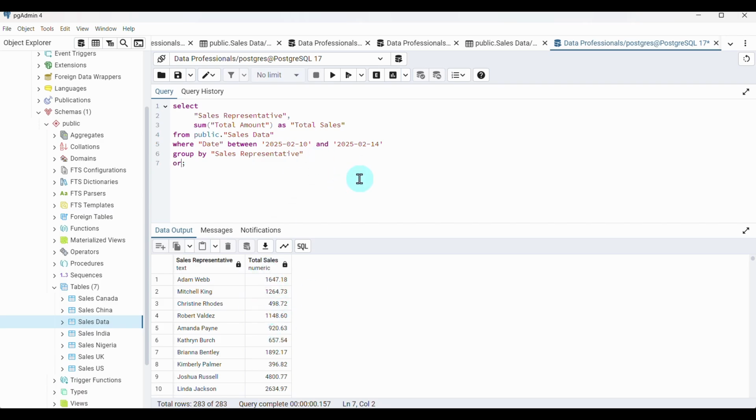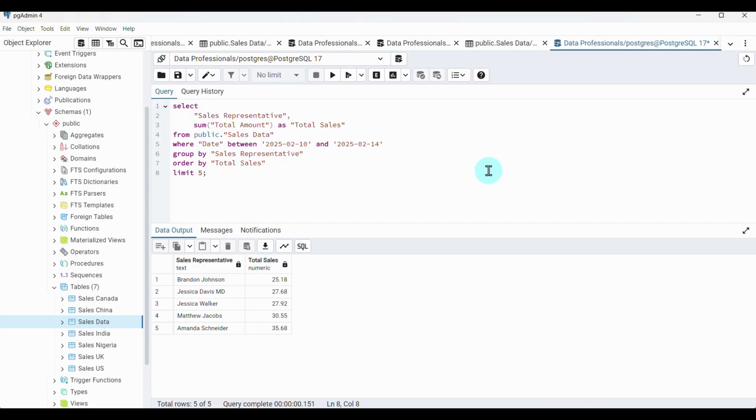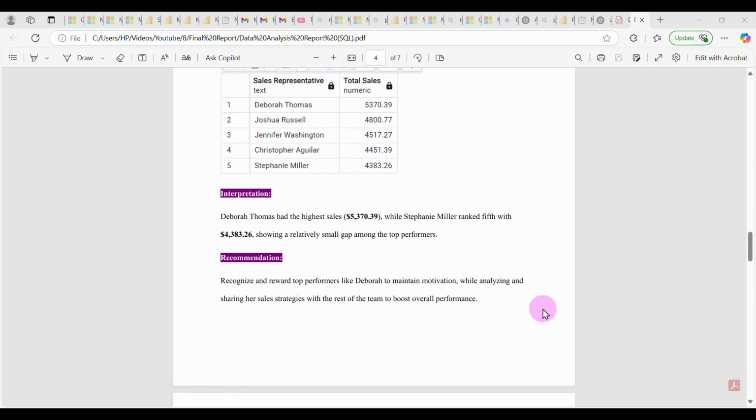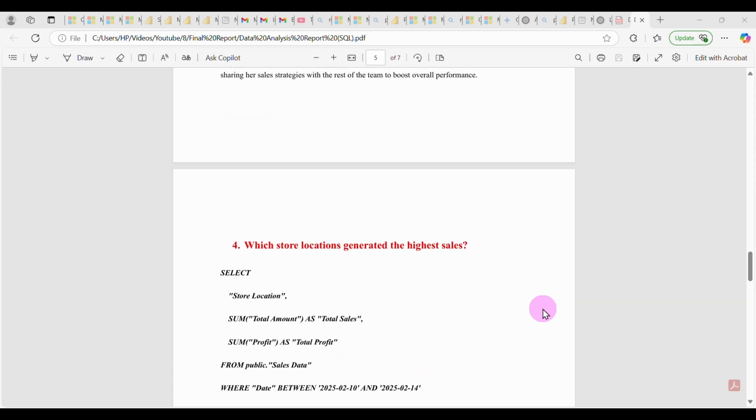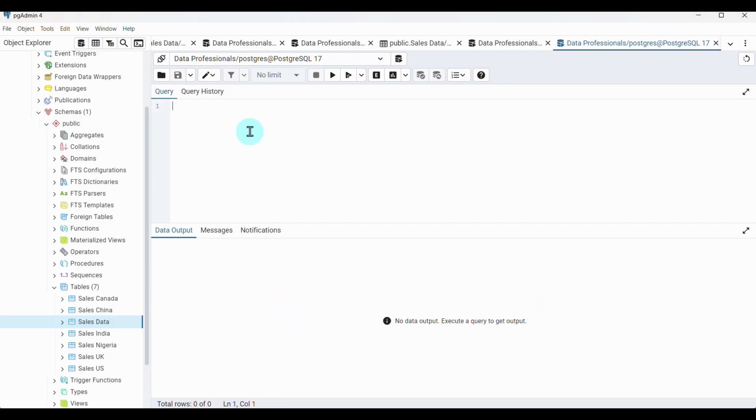Okay, so now let's just order it by total sales. When there are different columns, you can order by even the sales representative, and then you precise that by alphabetical order or whatever. But we want it to be ordered by the total sales. Let's limit it to only 5, the top 5. I am taking a screenshot because I will use the screenshot for my report, right? Okay, which store locations,